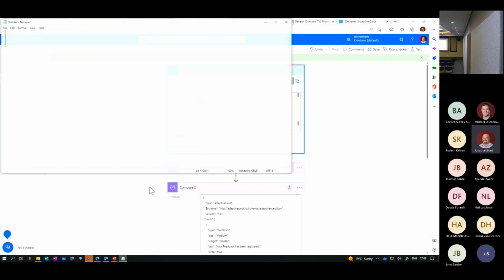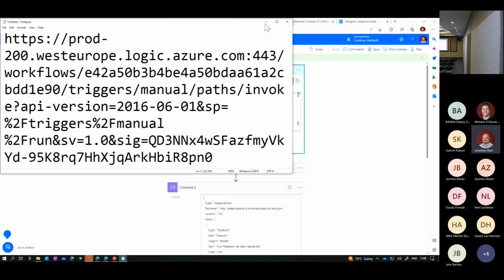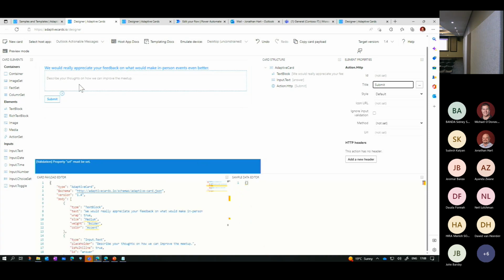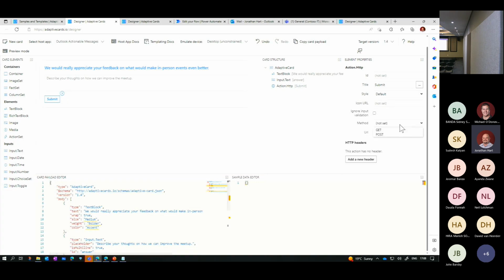Paste this somewhere, so I've got it safe. Make sure I've got it. Yeah, there we go. So inside here, we're going to come in and paste that. No, that's the icon URL. We don't want that. We want this URL over here, and we are going to post. So I could have a get inside there if I wanted to, but in this scenario, we are purely using a post command